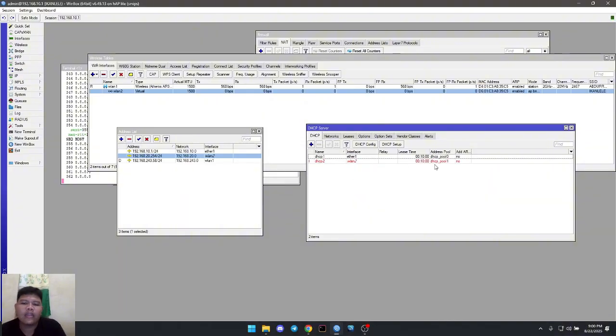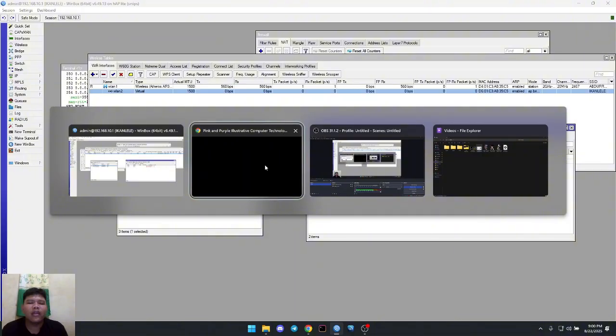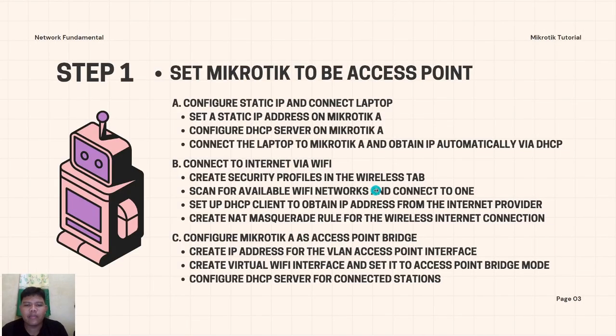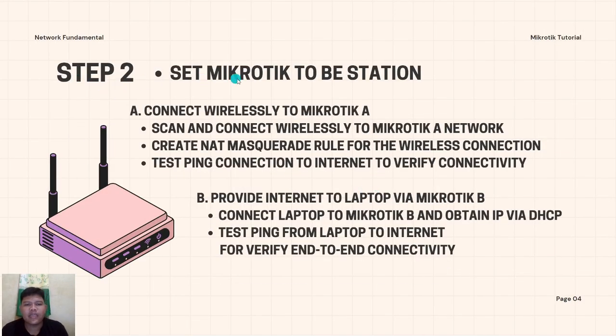Why is this red text? Because we don't have a client, so we can do the next step to step two, set MikroTik B to be a station and connect to MikroTik A.